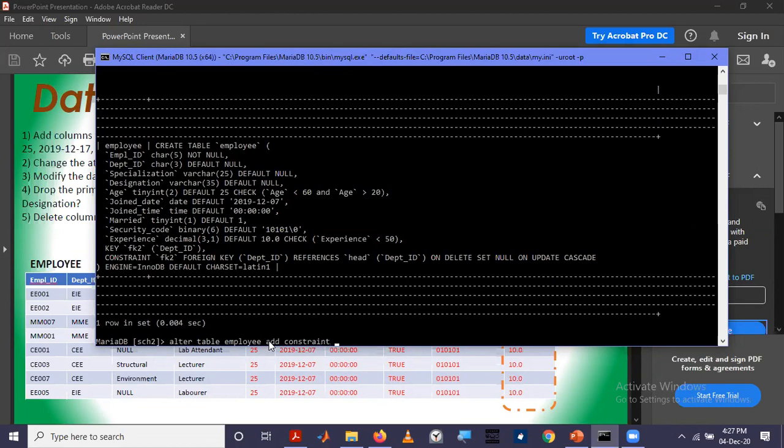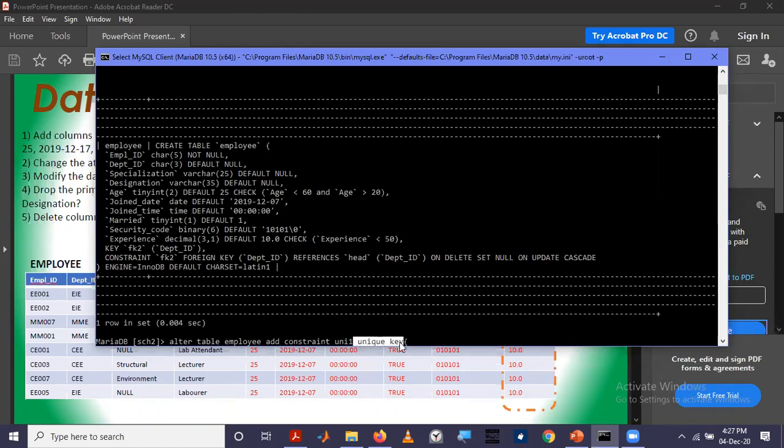Add constraint. We cannot add a constraint without a constraint name. So I'll give the constraint name, just give a name that you like. I'll say UNI1 to represent unique constraint 1. You can give any name here. Add constraint. Then we have to specify, we are going to give a unique key constraint.